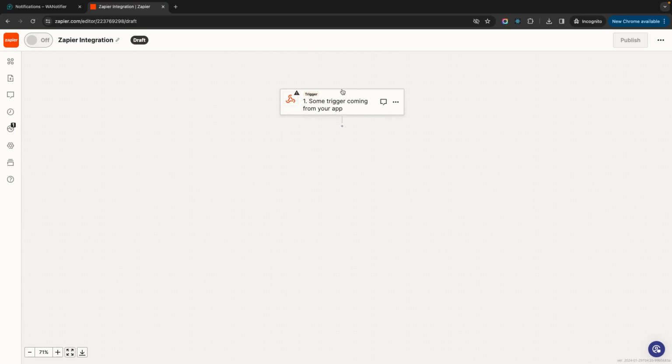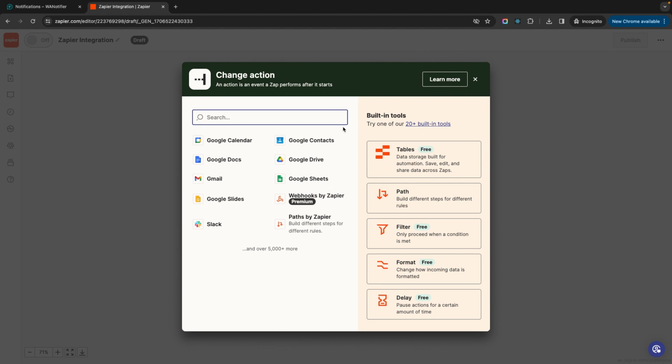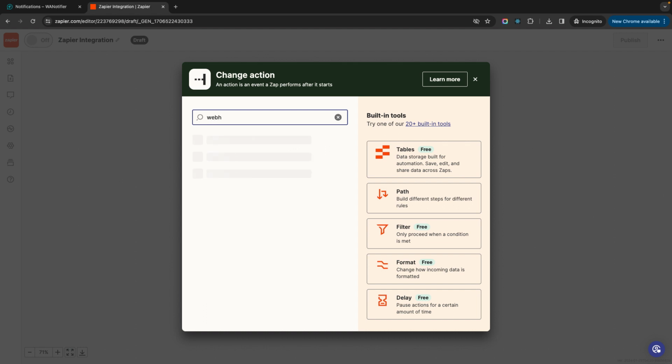So in Zapier, I already have this trigger here. This can be any trigger, like your Facebook ad leads, or your Google Sheet integration when someone adds a new row that will trigger it, or the thousands of different integrations that Zapier provides. So the trigger can be any of that. Then we need to click on this plus sign to add an action. Here I'll select